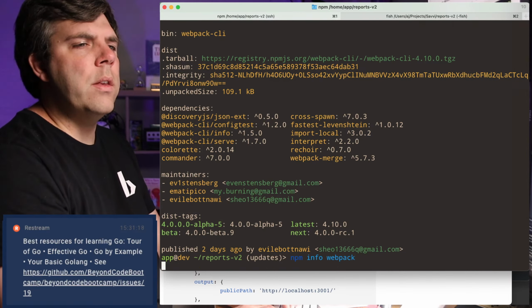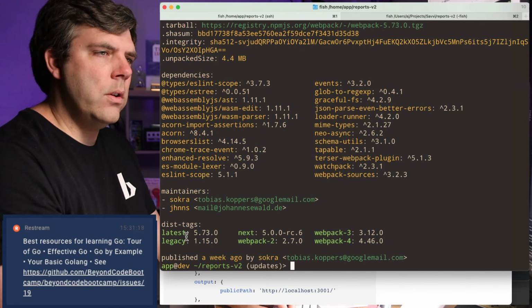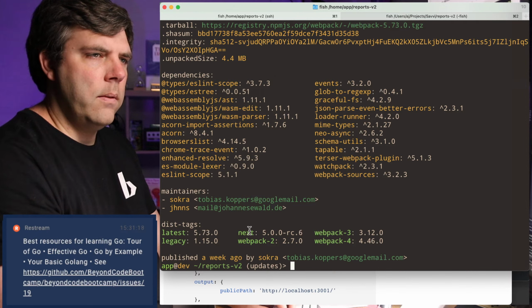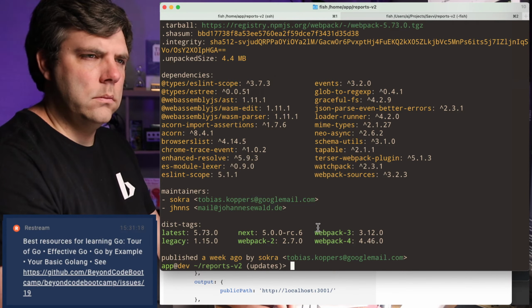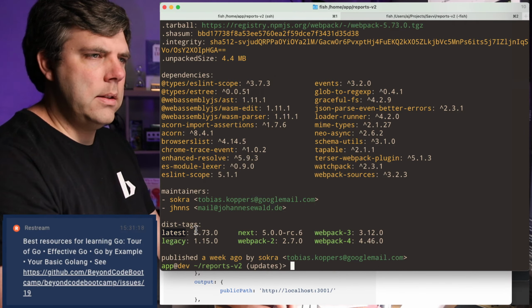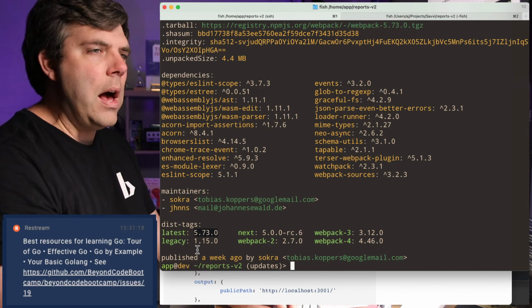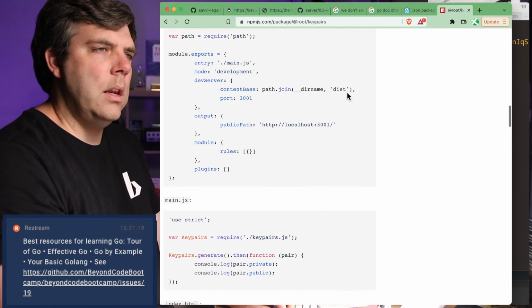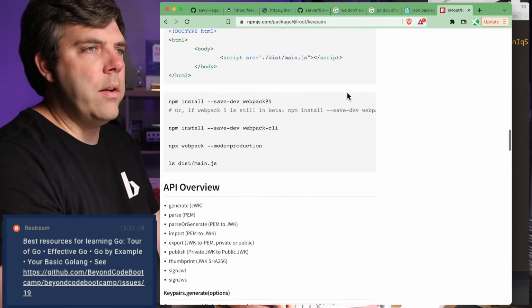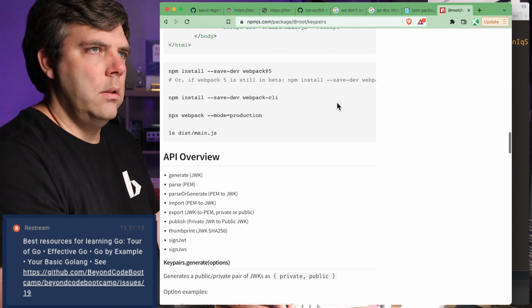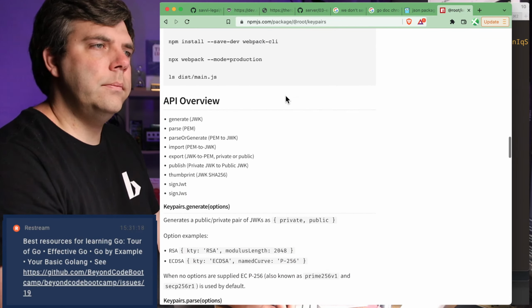Oh no, they've got the CLI different version differently than. Ah. Okay, so latest is Webpack 5. Okay. So then this should still work. I don't need that right now.